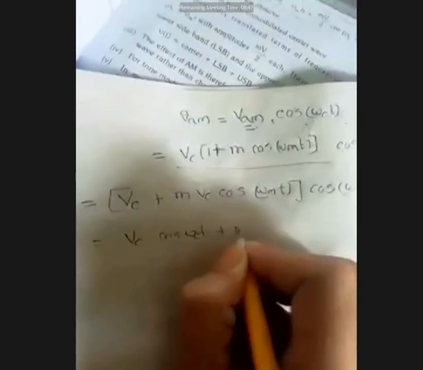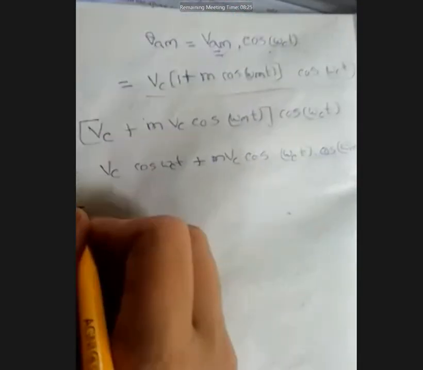Then we get Vc cos omega ct plus mVc cos omega ct into cos omega mt. Simply by doing the multiplication we got this equation. Wait for 10 minutes. So then Vc cos omega ct plus mVc